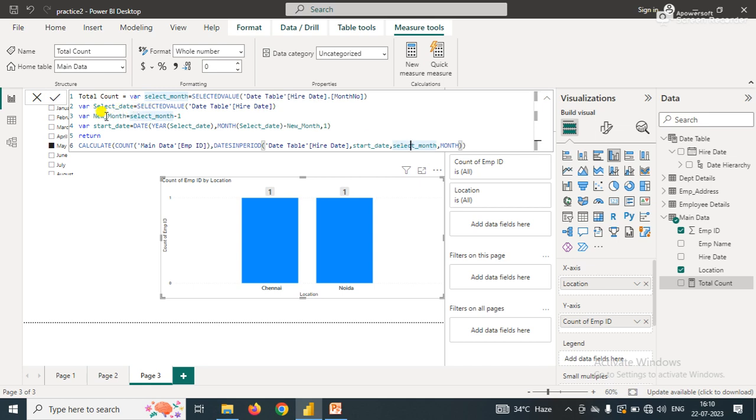Now you can see that here I have passed the selected month. That comes from the selection. If I select May, it simply returns the number of the May month, that is 5. And here I have written the month. So once I click on this OK,